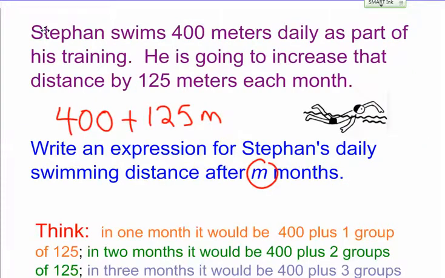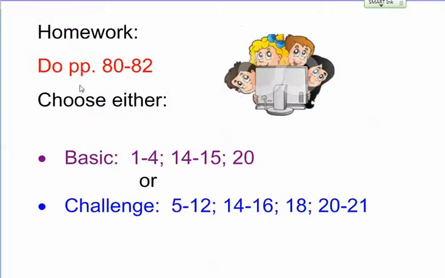And then another last example, Stefan was swimming 400 meters daily as part of his training, and his goal is to increase that distance by 125 meters a month. And so I had to think about, in 1 month it would be 400 plus one group of 125. 2 months would be 400 plus two groups of 125. 3 months would be 400 plus three groups of 125. So M months would be 400 plus M groups of 125, or 125M. And for homework, you can either do the basic